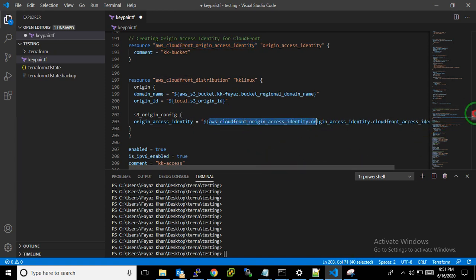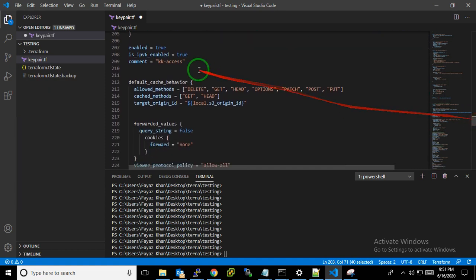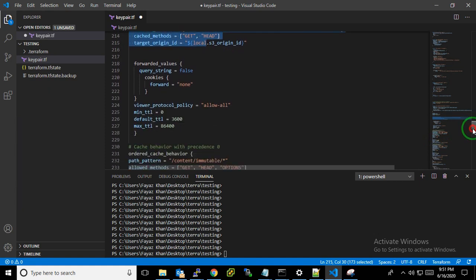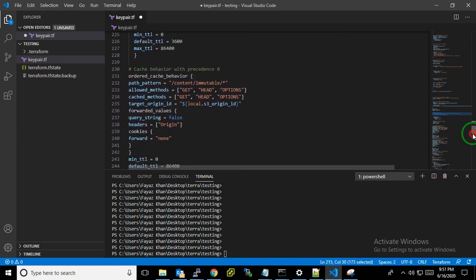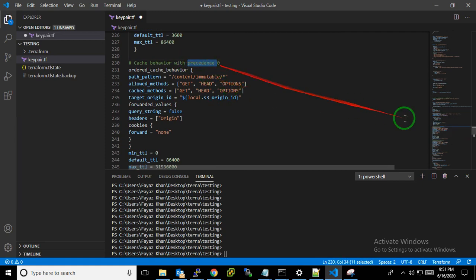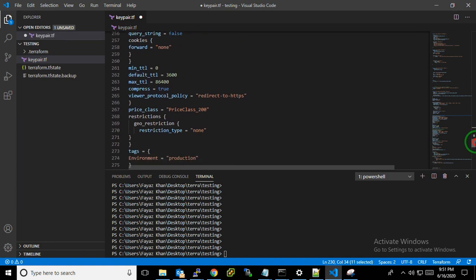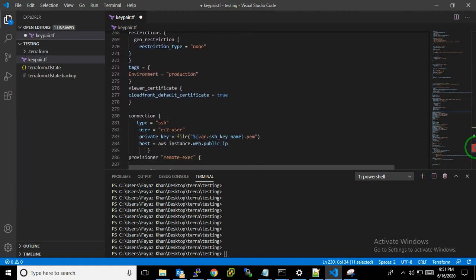After that I have enabled IPv6 and some comments. Then I have created a default cache behavior. The cache behavior is that anything you can cache. So this is my first preference, and then go for the second one, and these are the caches.